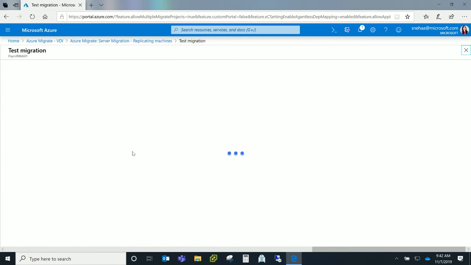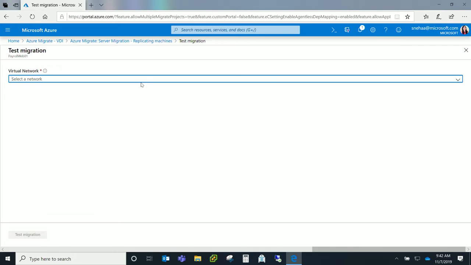And this will ask you to provide a virtual network that you want to use. We recommend that you use a different network than your production one. So it creates an isolated network and environment, and you can then connect to your virtual desktops in Azure, register them to the host pool, validate if the things are working fine, and only when you are satisfied, you then